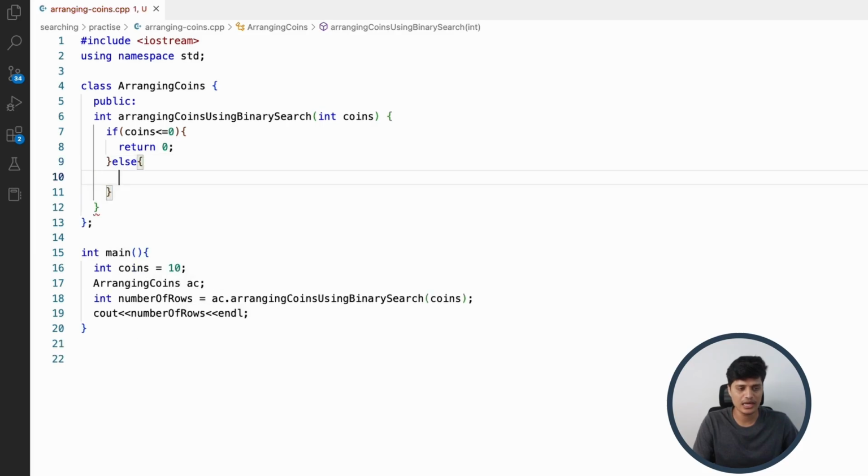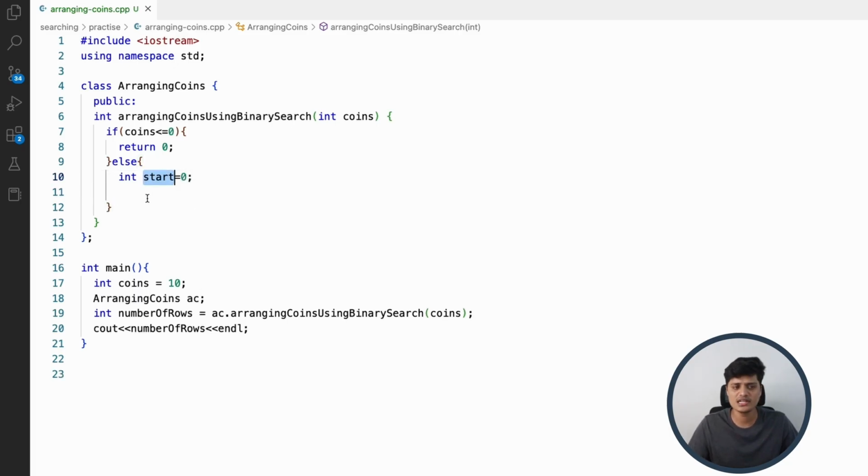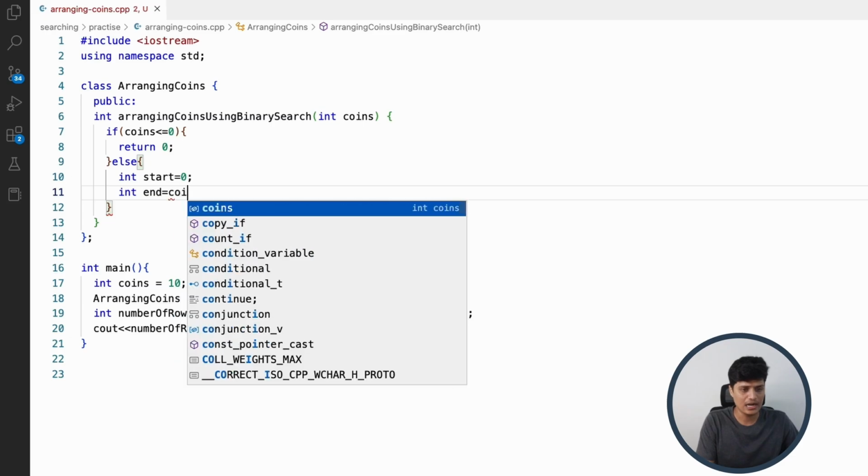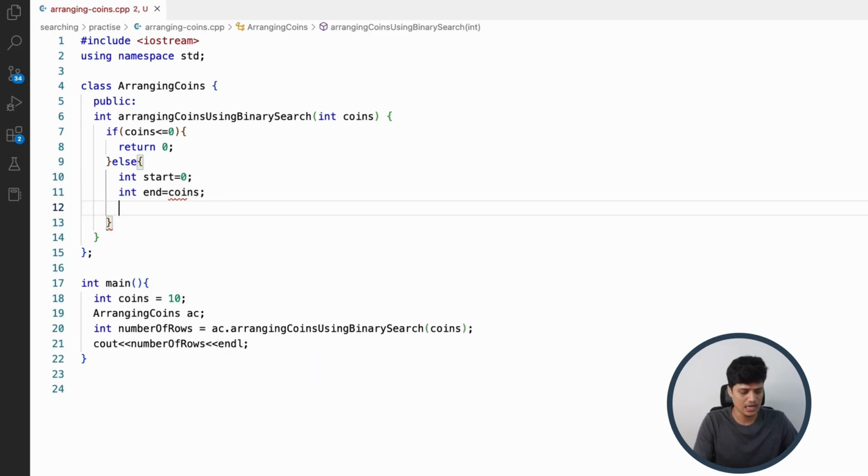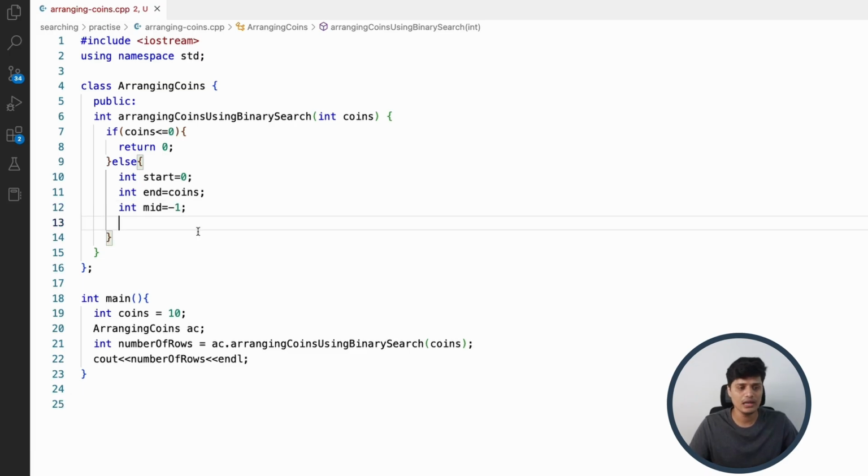If this is not the case, we will simply use binary searching for finding the last step that has successfully arranged all the coins whatever we have got. For that, let's define start and initialize it with 0. This start will basically represent the starting step. Similarly, to represent the ending or the last step, I'm going to define end, and this will be equal to coins. Along with that, to represent the middle step, I'm going to define one variable middle and